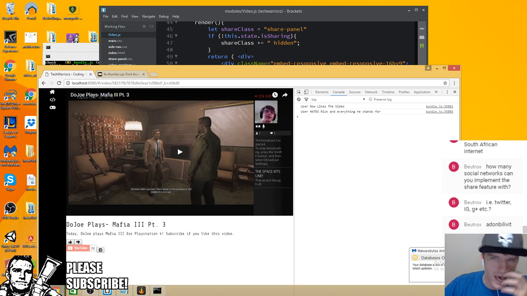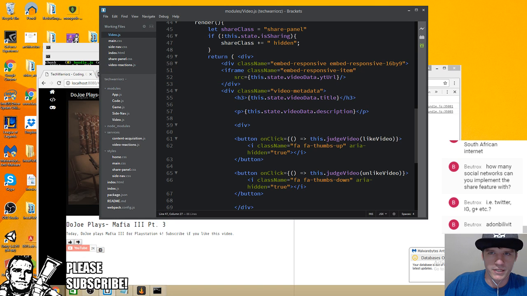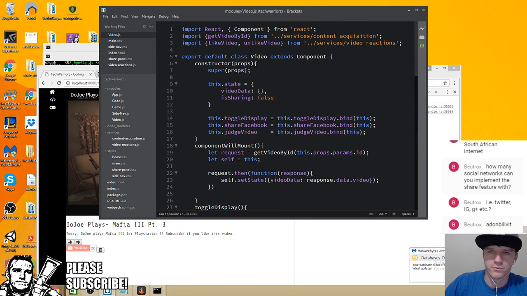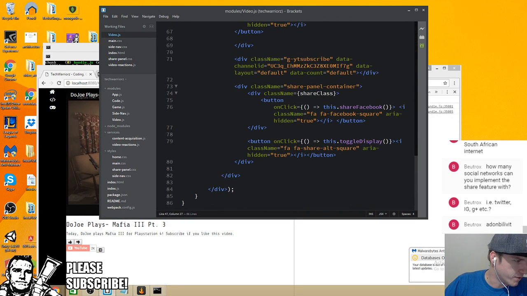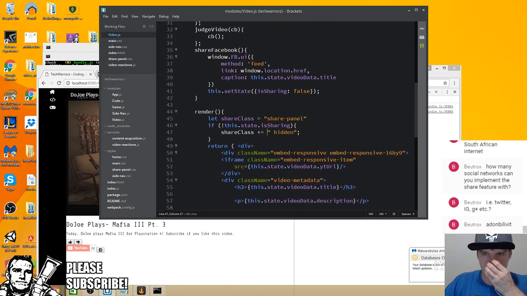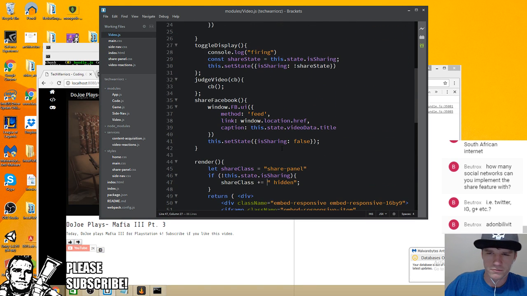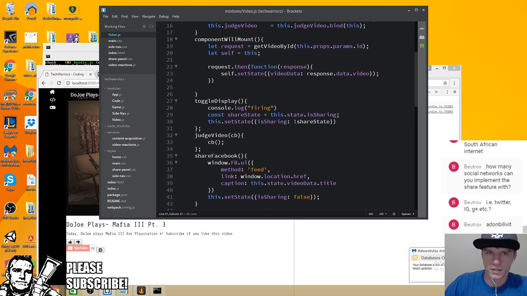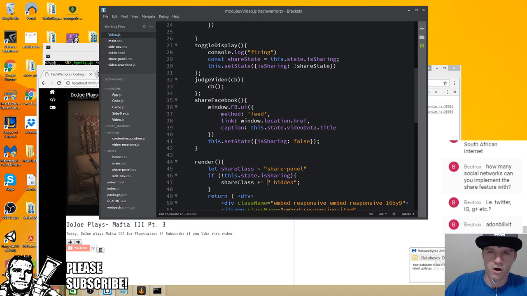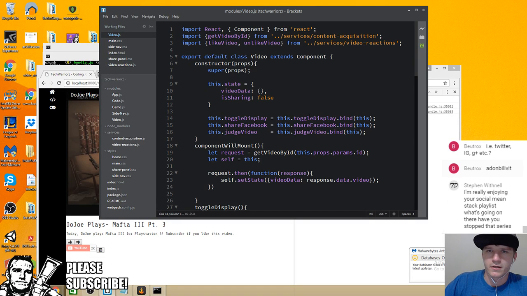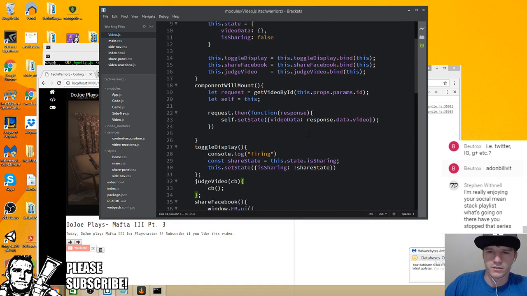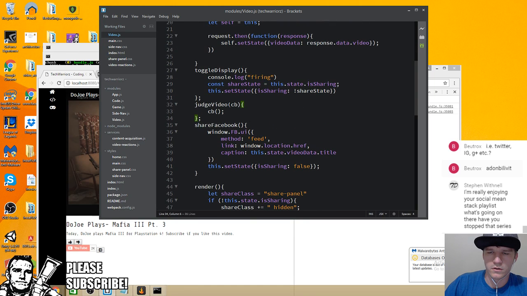So now that they have that, what I need to do is tap into local storage. This is always the fun part, guys. So basically when they judge video, I don't need to tap into it in the callback section there because we're going to be doing it there. But what I will need to do, okay, actually,